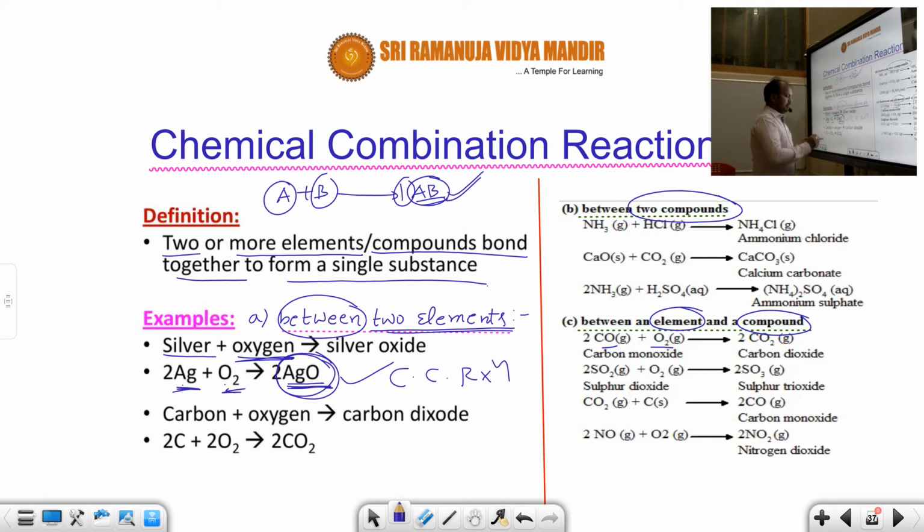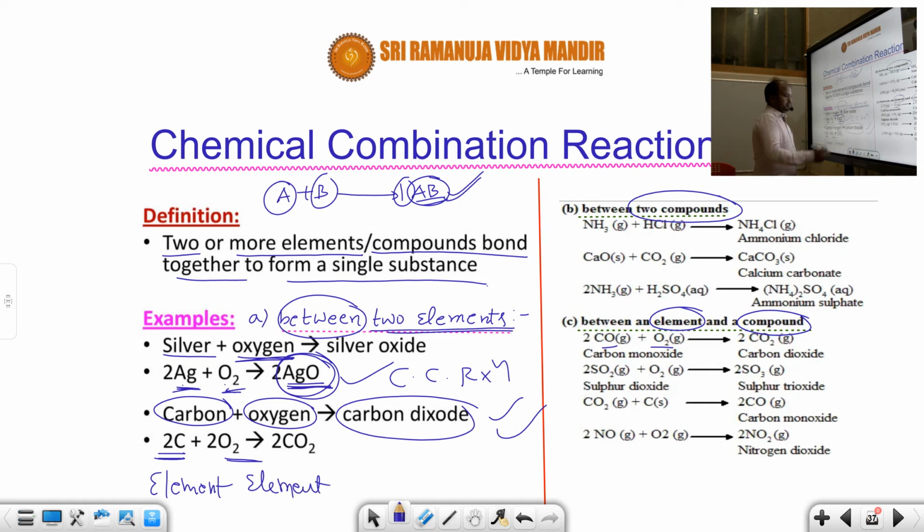If you take elements combined, here carbon reacts with oxygen to form carbon dioxide. It is also an example of a chemical composition or combination reaction, due to the reason that carbon's elemental form is C and oxygen's elemental form is O2 in the standard state. So here, elements combined, how many new substances are formed? Only one new substance will be formed. What is it? Carbon dioxide. CO2 is carbon dioxide. So only one new substance is formed. That's why this reaction is a chemical combination or composition reaction.